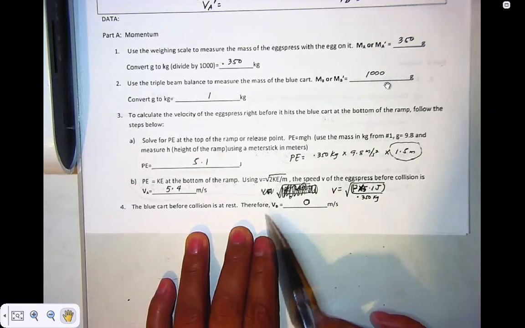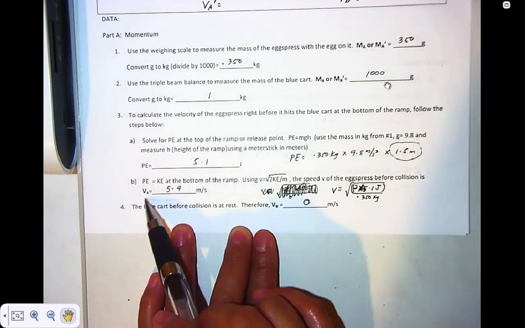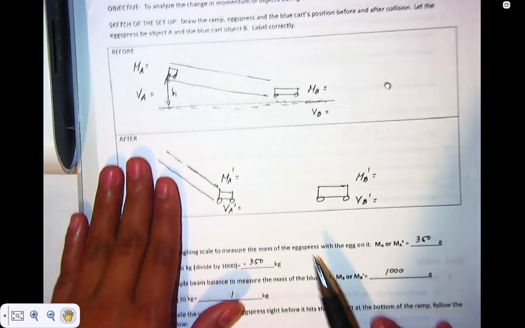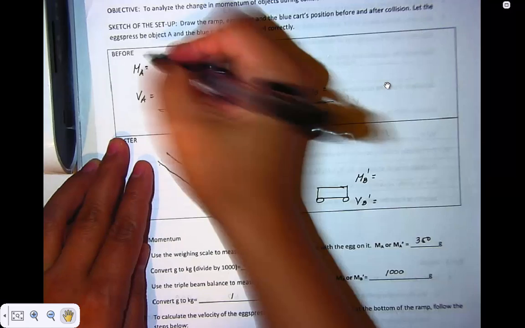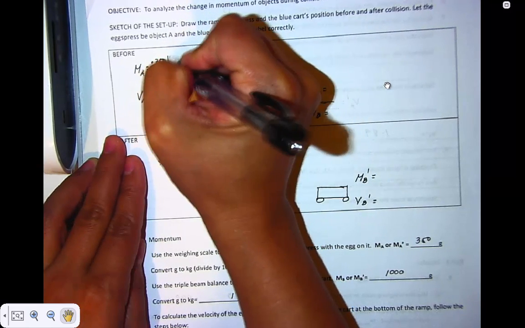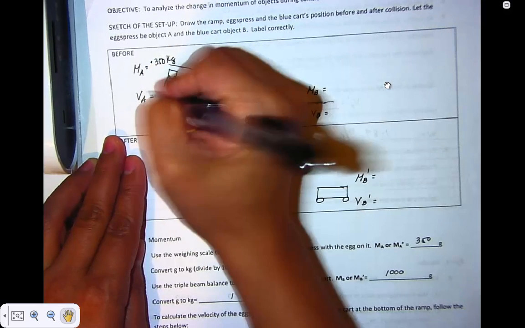Okay, therefore our VA is 5.4. You can go ahead and label this here now. So this will be 0.350 kilogram, and your VA is 5.4